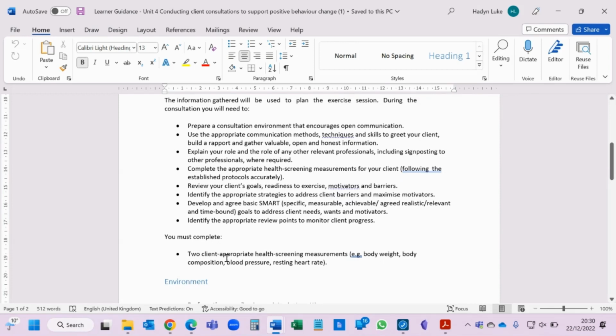However, measurements such as body weight, height, and therefore BMI are appropriate and can be classed as one assessment. So we also recommend that at the very least you also complete a resting heart rate, as that will be a good indicator of most people's health. So you can do their height and weight, which equates to their BMI, and then their resting heart rate, which you can do